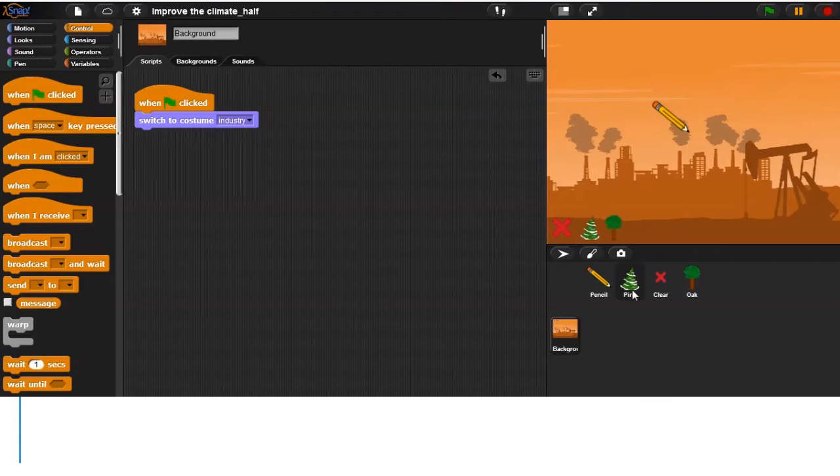When the sprite pine is clicked, the pencil will start to draw a pine. Use the blocks when I'm clicked and broadcast to send a message to the pencil sprite: draw a pine.